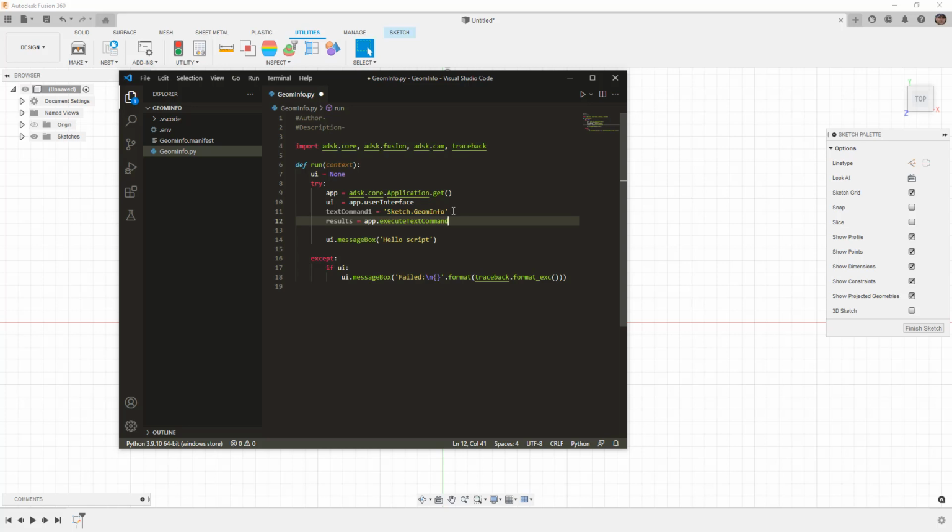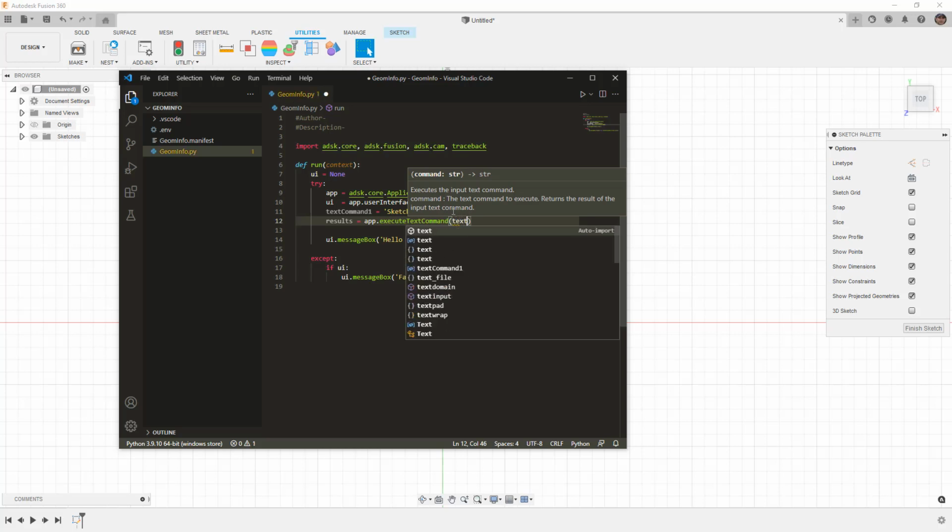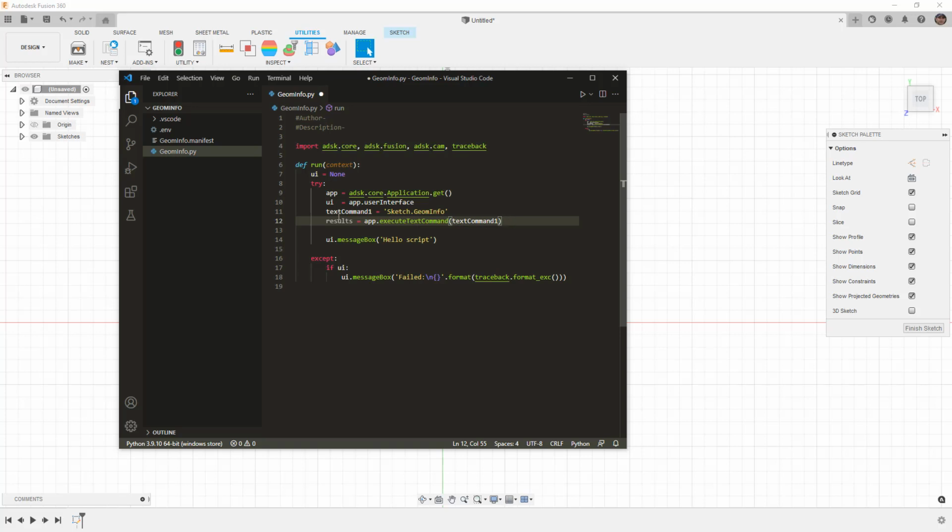And then the way that this works is we need to put it in brackets. Now, one great thing about using Visual Studio Code here, you can see that everything is colorized on the screen. And also note that we have some pop-ups telling us what is expected to be in here. So inside of these brackets, it's expecting a str or a string. So since we already have that textCommand1 that's holding our string, we're going to simply put that in there. And you'll notice that again it pops up, so I can hit tab to autofill that. So you can see now we have our textCommand, Sketch.GeomInfo. We have results equals app.executeTextCommand